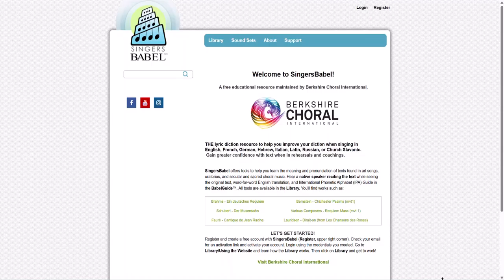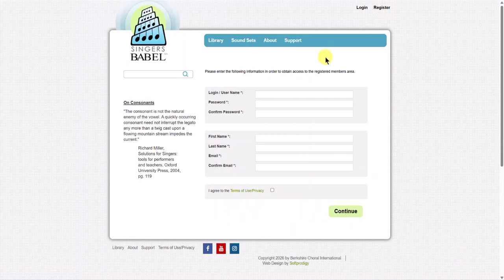This short tutorial will show you how to register for your free account with SingersBabel. Let's go! Come up here to register. Click on that. And here you will enter information to create your credentials that you'll use each time you come